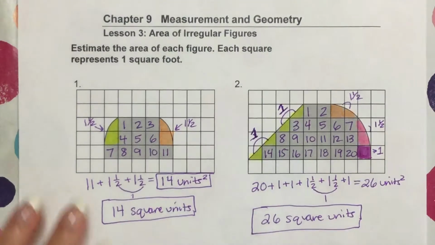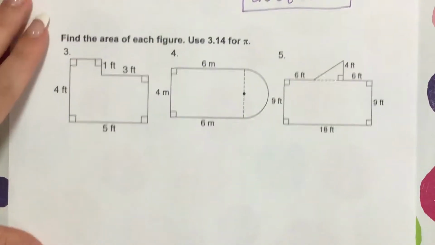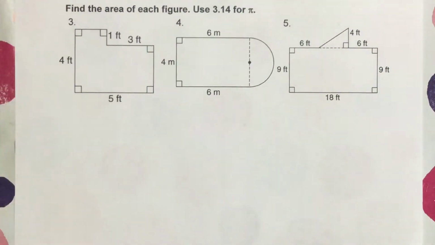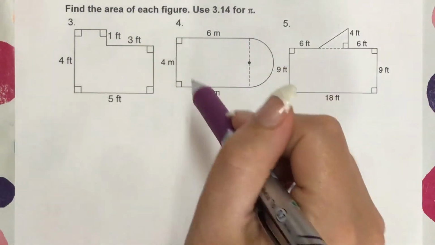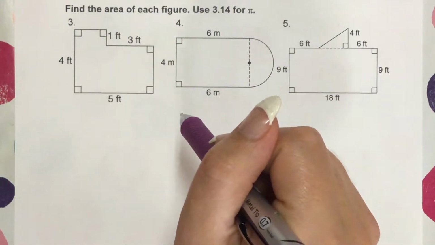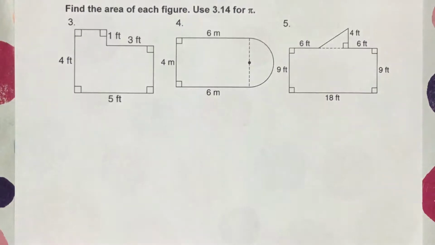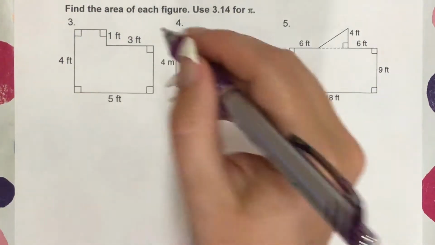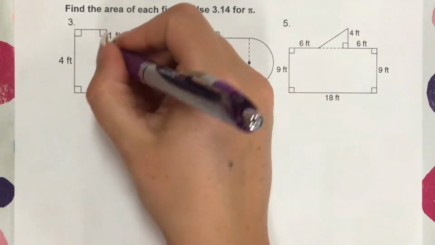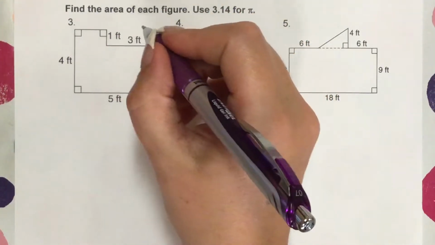Okay, let's go on to problem 3, 4, and 5. So I'm going to do 3 first. So we're going to find the area of each figure, use 3.14 for pi if you have to use pi. Okay, so on this first figure, what I see is that I can divide this up, and there's a variety of ways you can divide it up, but I think I'm going to divide it like,